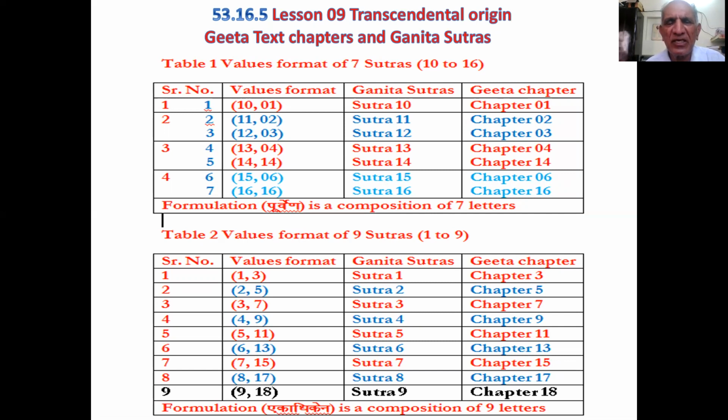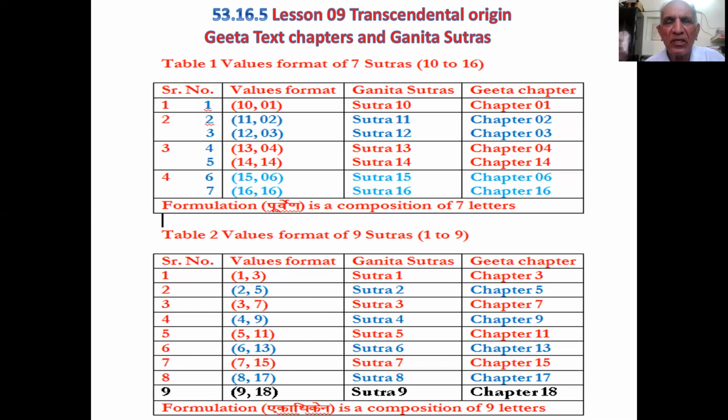The first initiation step is of values pair 10 and 0, 1. Ek, Das, Adi, the creative boundary of the transcendental domain. The beginning is with the creative boundary of 10 components of transcendental domain. So this value pair 10 and 0, 1 brings to focus the correlation of Ganita Sutra 10 and Gita chapter 1. A step ahead,